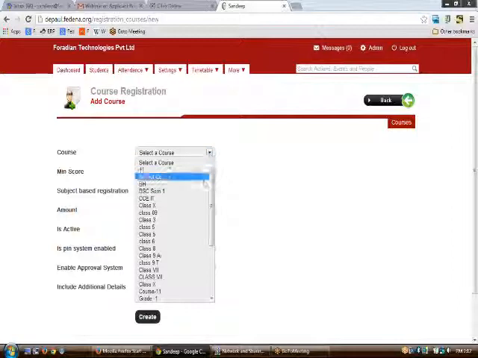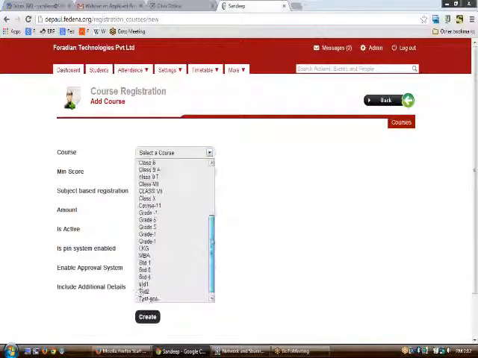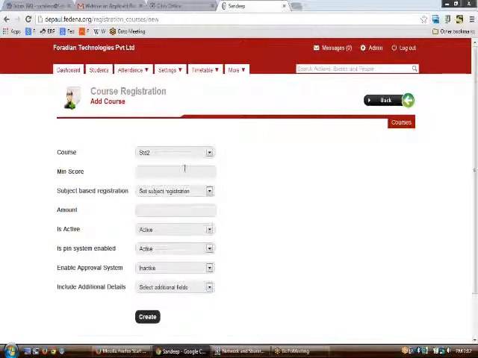So let us say that you have a course with the name of standard 2. You need to put a minimum score, let us say the minimum score is 40, and this will be entered in the student profile for the course, and then comes the subject registration. Please note that in FEDENA course registration, we have the subject-based registration and then we have the subject-based collection.